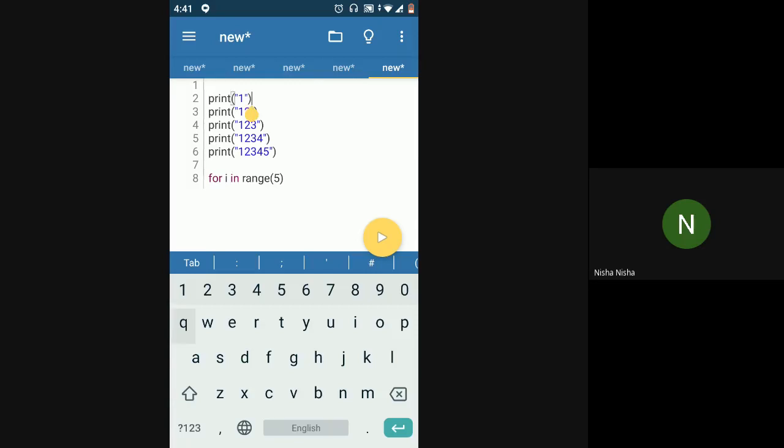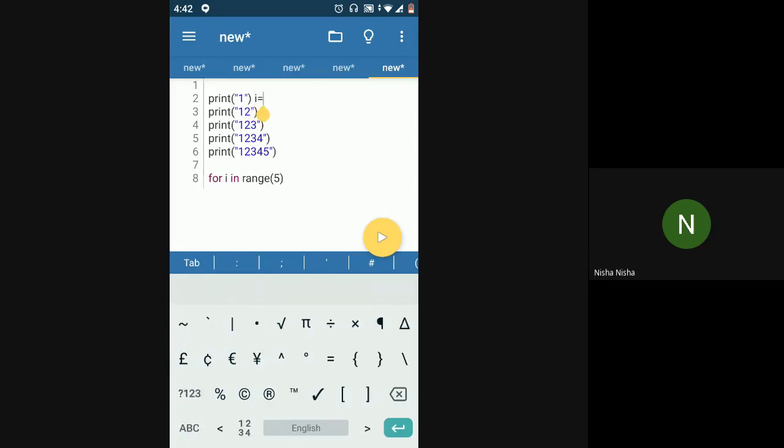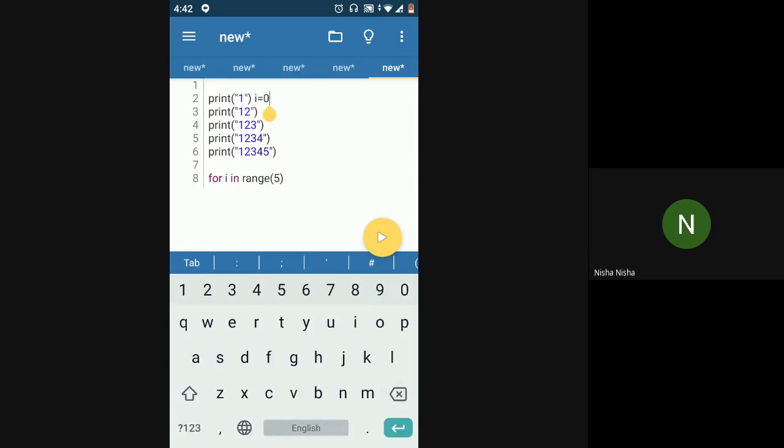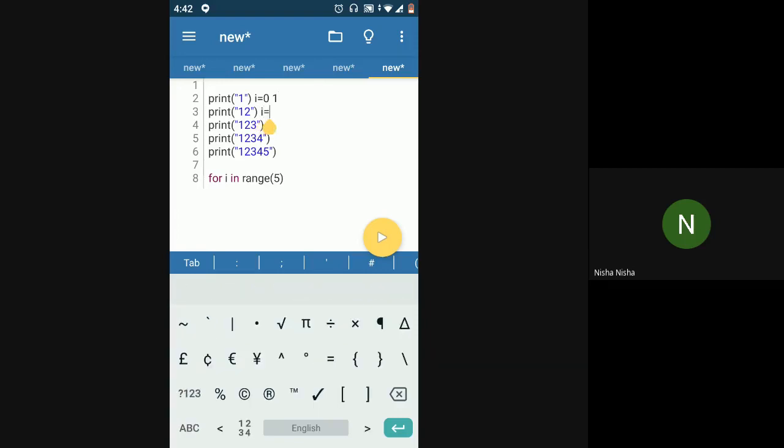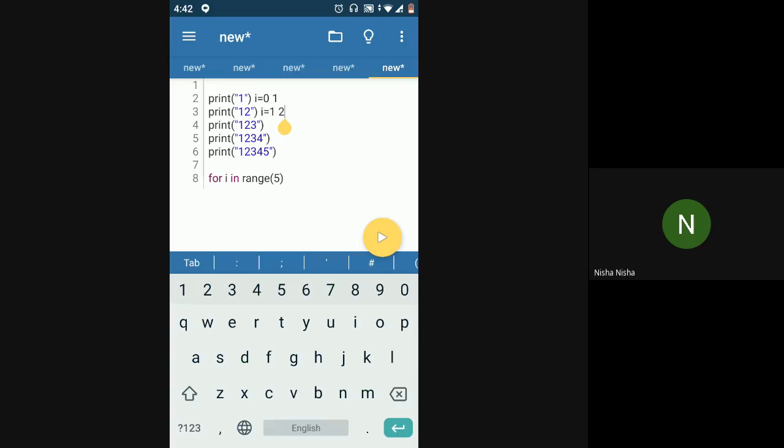So in the first iteration, when i is 0, I have one number to be printed. In the second iteration, when i is equal to 1, I have two numbers to be printed, right? So when i is equal to n, I will want n plus 1 numbers to get printed.